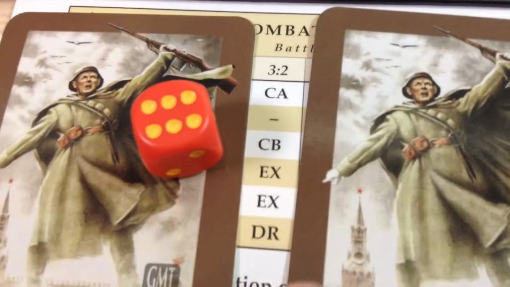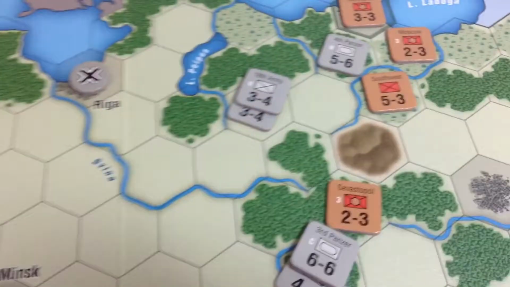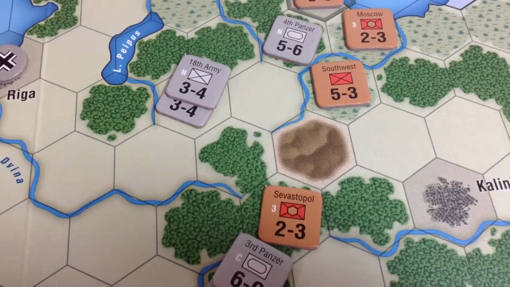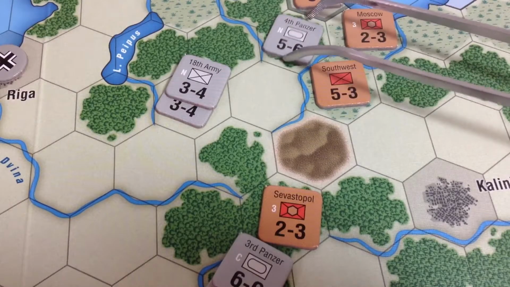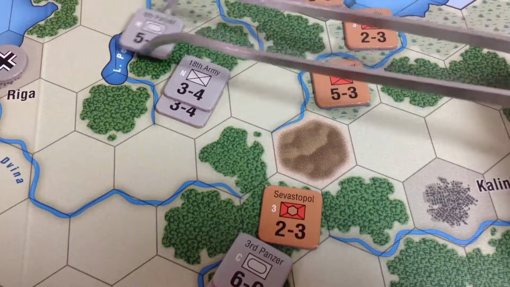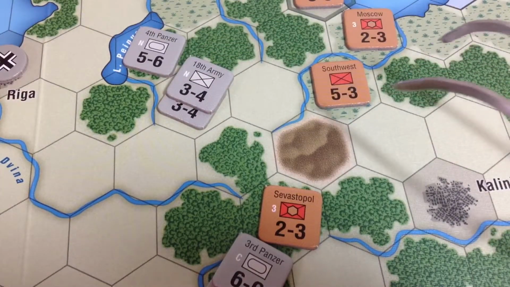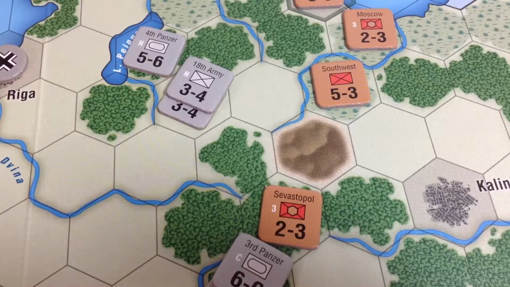6. Defender Retreat. So he has to retreat 2 hexes. So he can't retreat here or here. He's going to go 1, 2, and knocked him out. Knocked him out nice. Knocked him out real nice. So we got 2